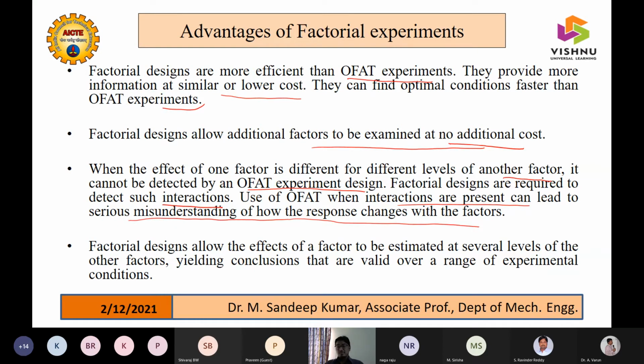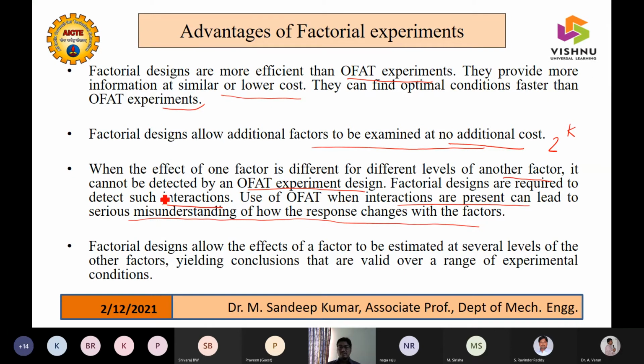Okay. So as I told you, one factor at a time can't be chosen for fixing the factors which are affecting the response. Yes, one factor at a time, you can do it only for fixing the levels, but you can't do it for fixing the factors. That is why for fixing the factors, I need to do 2 to the power of k, so that I can know which factor is affecting.